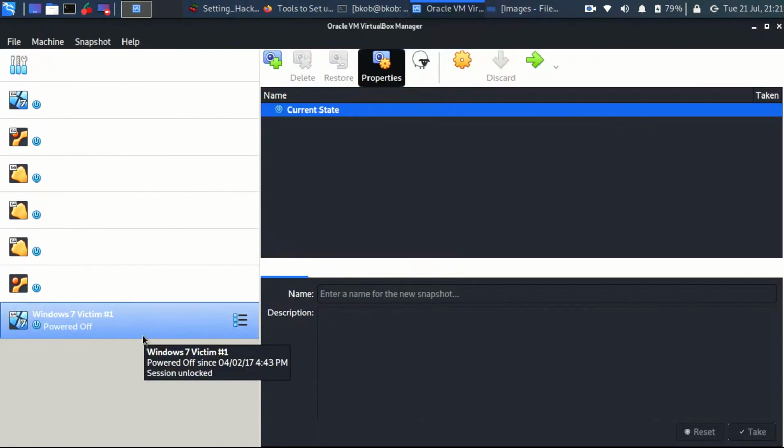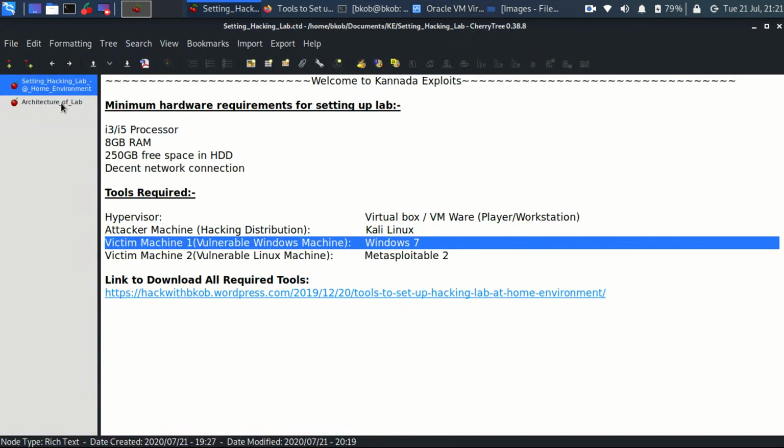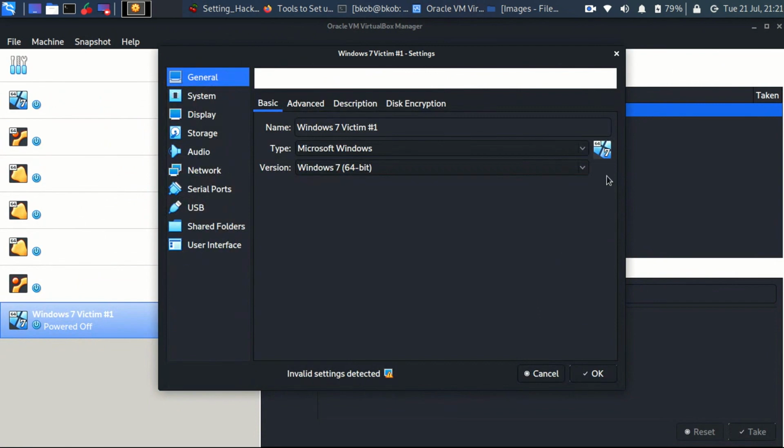Now the image has been successfully imported. Before starting the image, let us first configure the network. As I said, it's better to use NAT or bridge mode. To select your mode, you just need to click on settings after selecting the image.